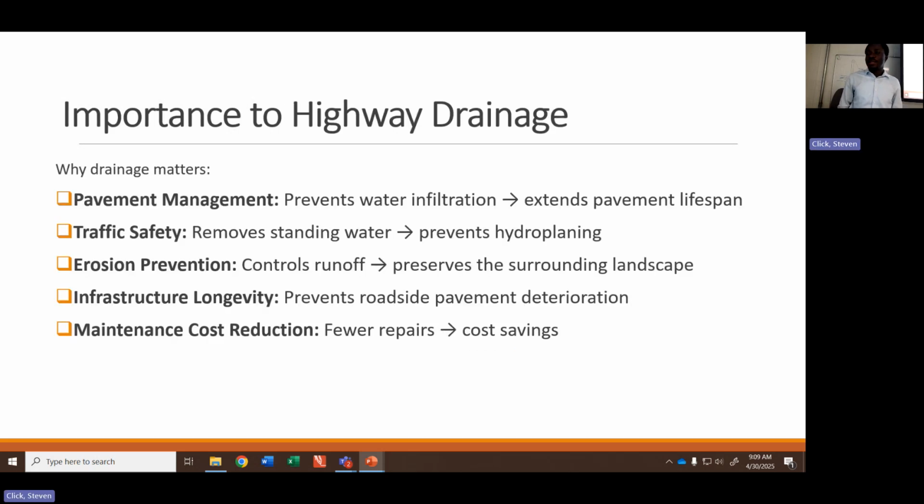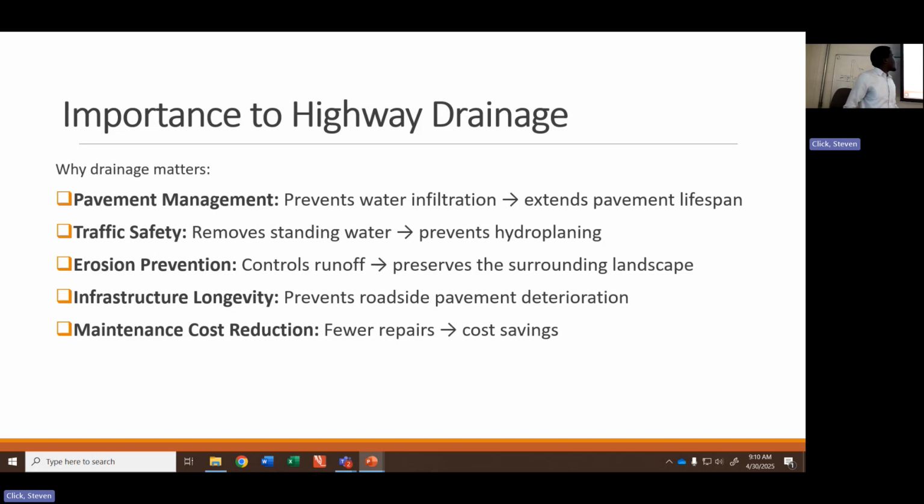Okay, so first of all, I want to understand the importance of highway drainage. So these are some of the points listed of why, as a highway engineer, you have to value the concept of highway drainage, such as pavement management. As quickly as you can remove water from the surface, it prevents it from infiltrating into the top coarse materials on the road. That weakens the bonds on the surface, making the roads last less long. So the more quickly you can remove the water from the road, the more you are likely to have